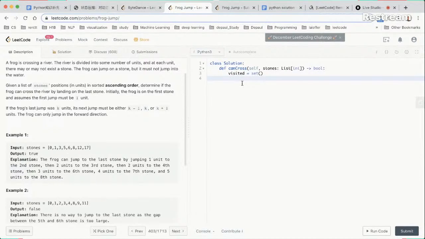So we have a stack. We start with position 0, step is 1. While stack, pop it out. Okay, let's make it 0, be consistent. So for jump in current 1,